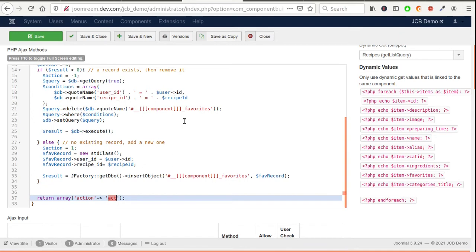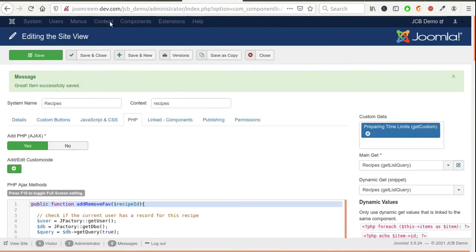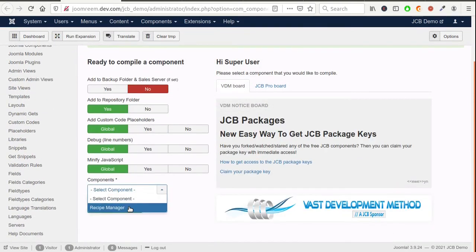Also, let's change the returned JSON object to display the value of the action variable. Save. Compile and install the update.